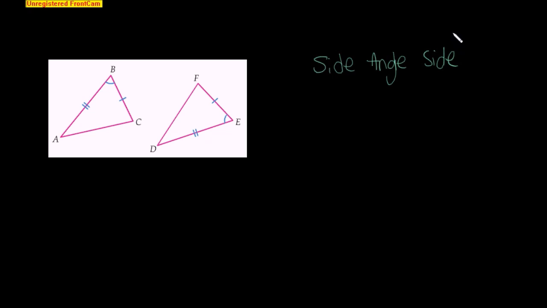side test. This pair of triangles, we're not actually given any angles. Okay, so we don't know what the value of any of the angles are, or if any of them are equal to each other. But we are given this side here, DE, is equal to this side here, AB. This side here, FE or EF, is equal to this side here, BC. And this side here, DF, is equal to this side here, AC. So in this pair of triangles, we have 3 pairs of equal side length, so we can use the side